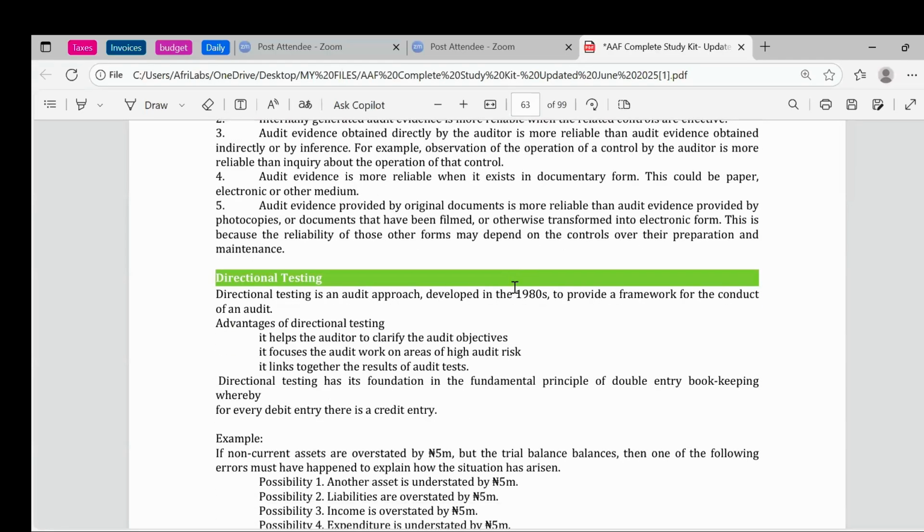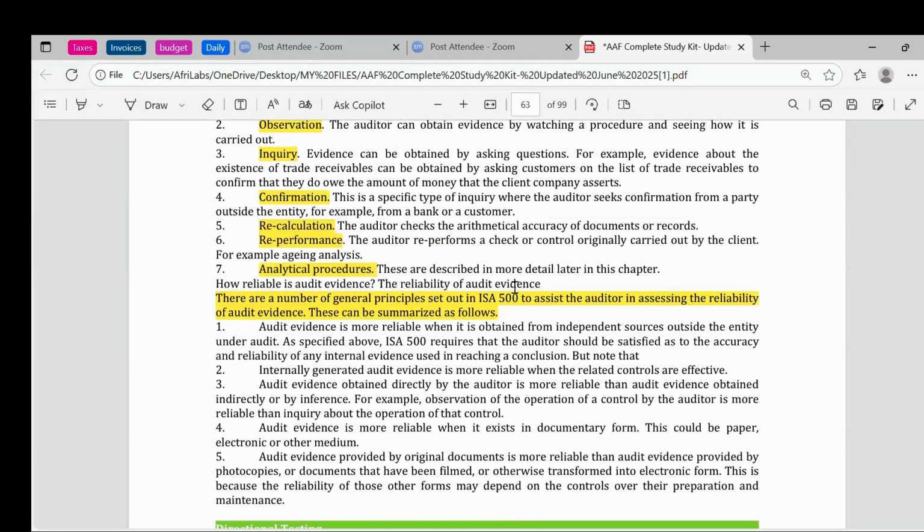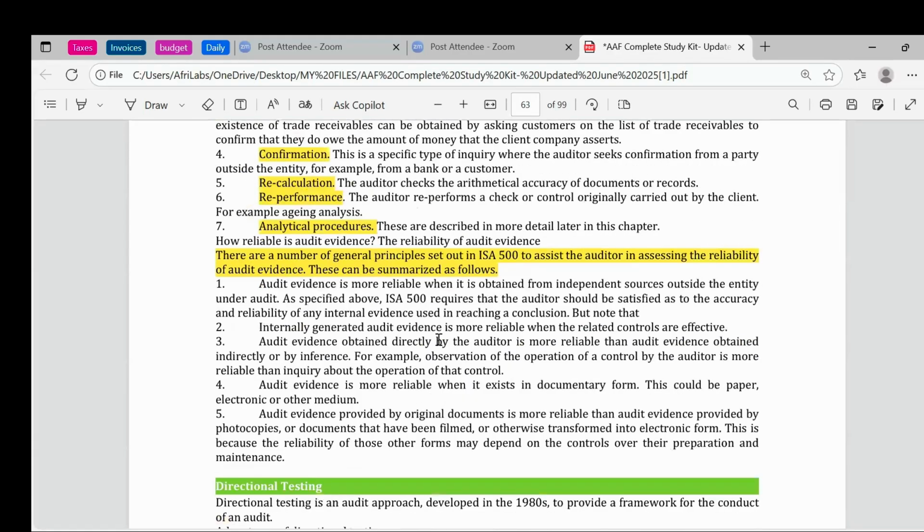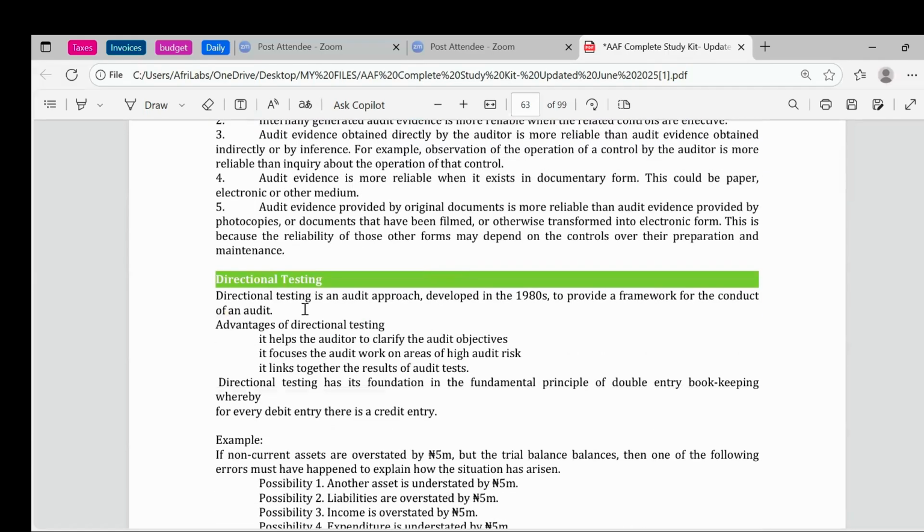Okay, so that's just a spool out of your normal audit evidence. So here, let's talk briefly about directional testing. Directional testing is just a framework for carrying out an audit. It explains the fundamental